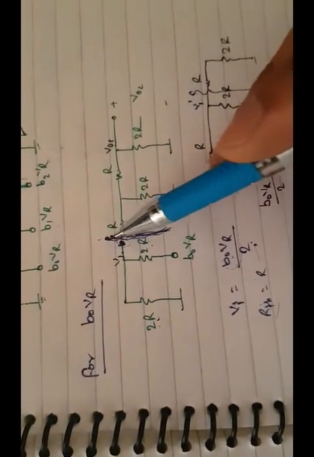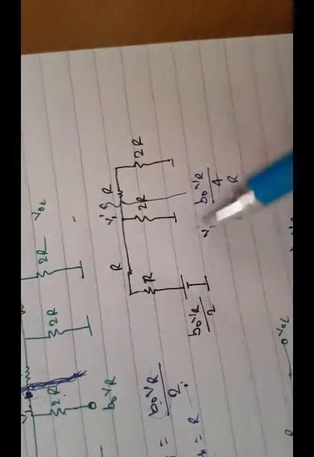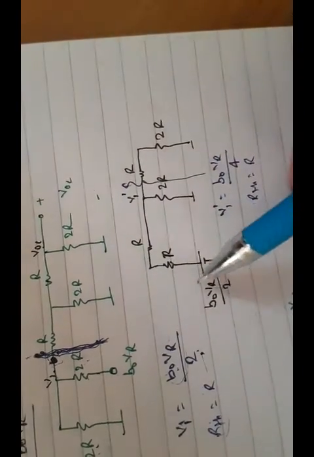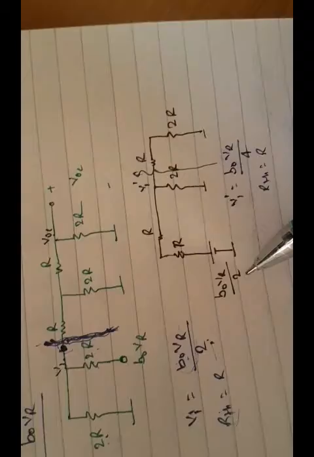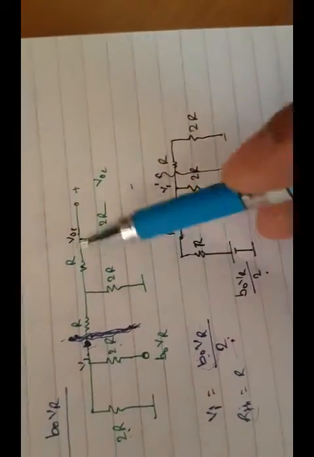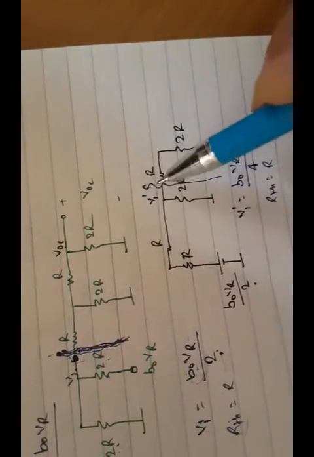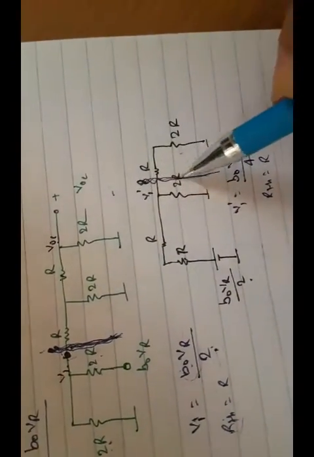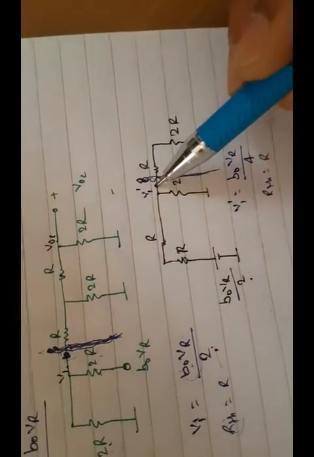Because we broke the circuit here, now we put this value back. So now the circuit will be this: the equivalent resistance R and my V1, that is B0 VR by 2. The remaining circuit is this, which we connect here. Again we break the circuit here and find this open terminal voltage.